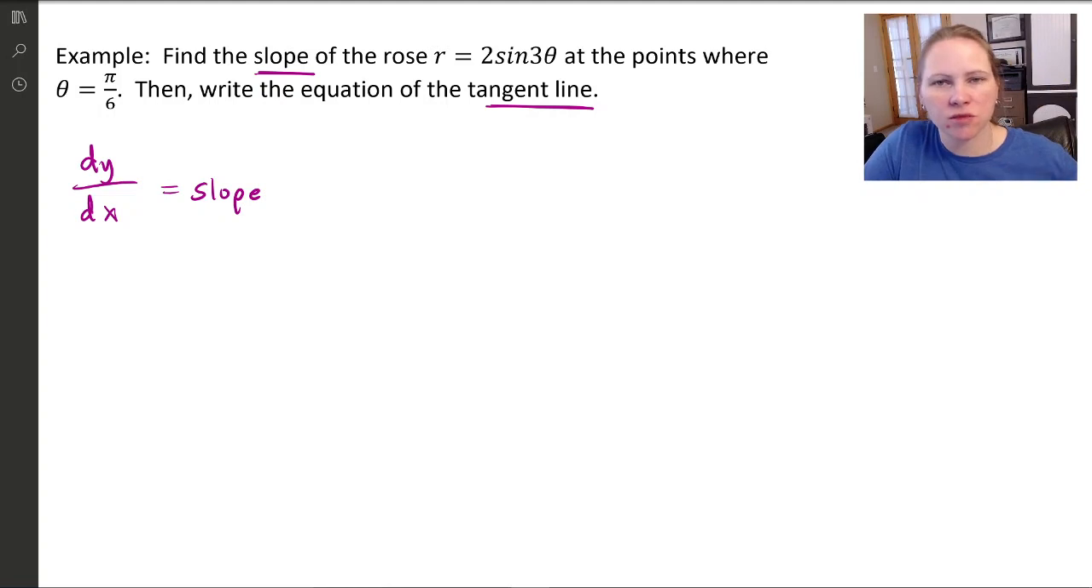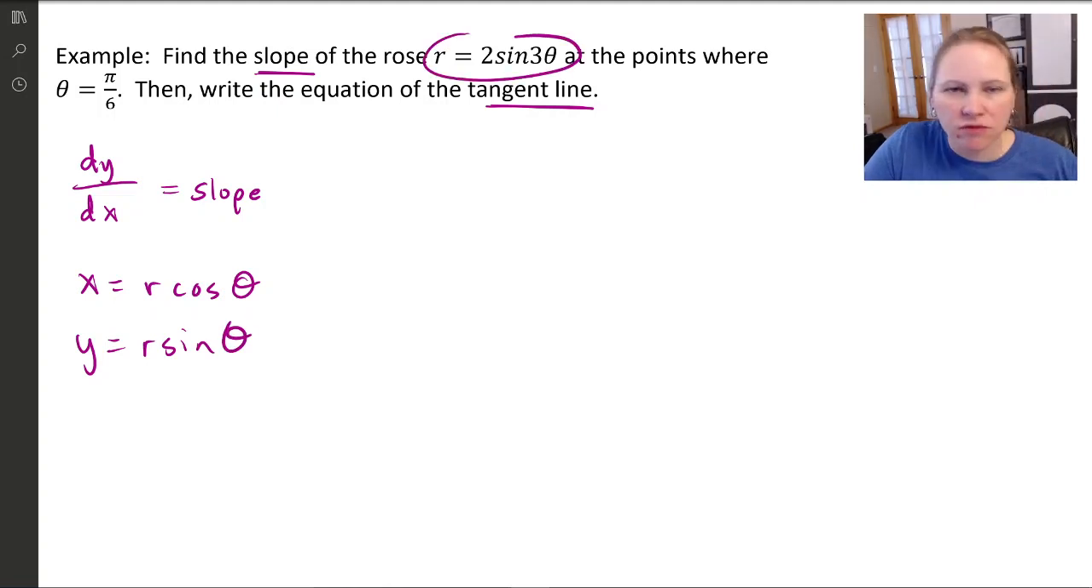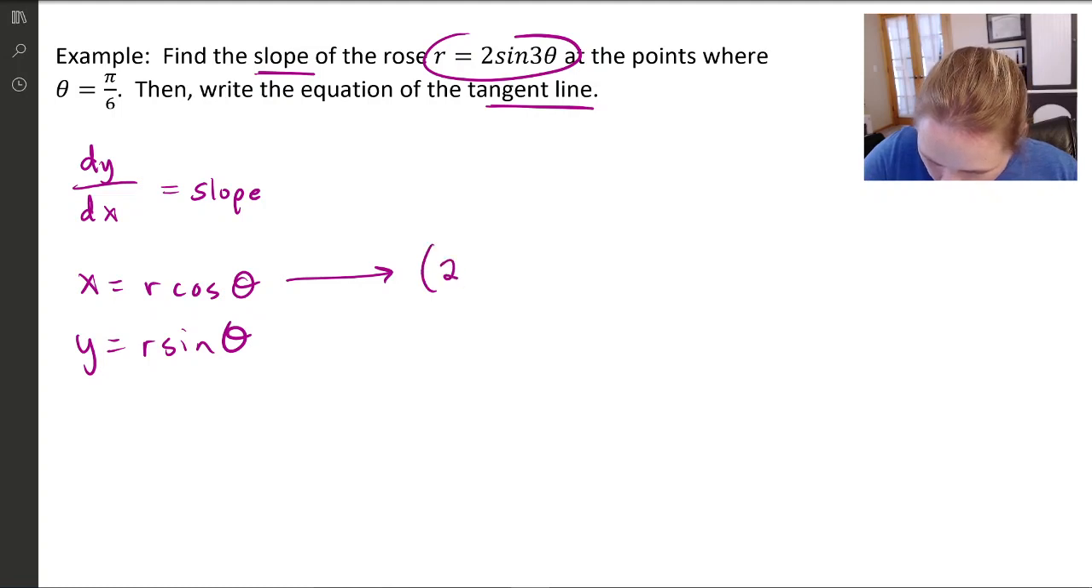So I need to express this equation as a set of parametric equations so that I can find dy/dx. So remember, x equals r cosine theta and y equals r sine theta. R is the equation, so this is where we have to be really careful. So I'm going to put it in parentheses, 2 sine 3 theta times cosine theta. That's my x equation,